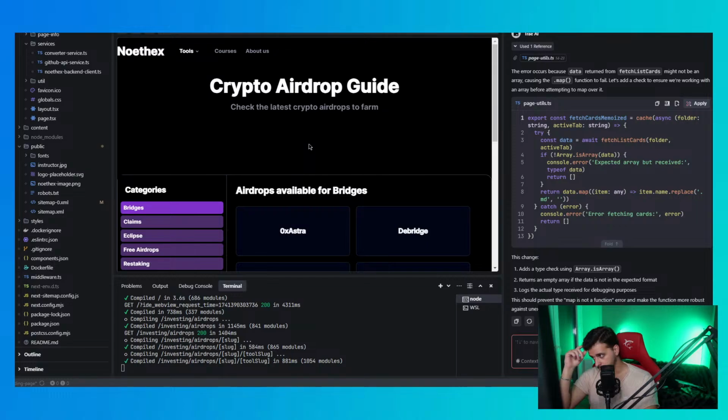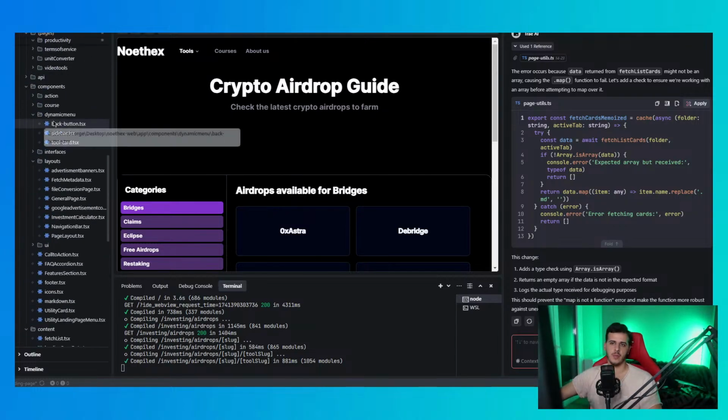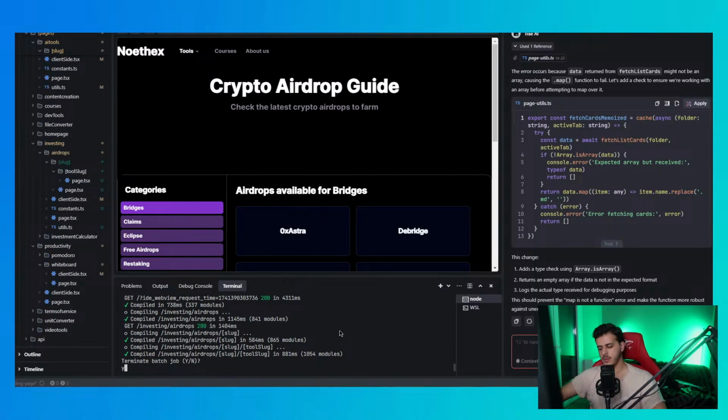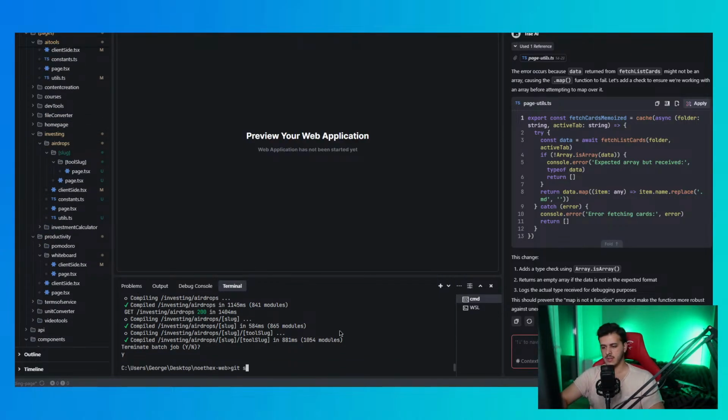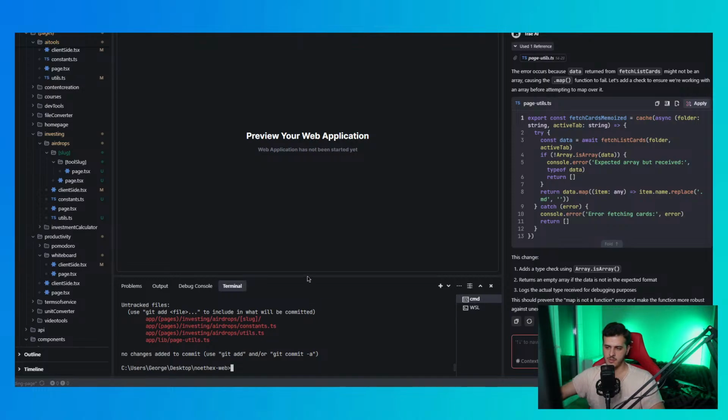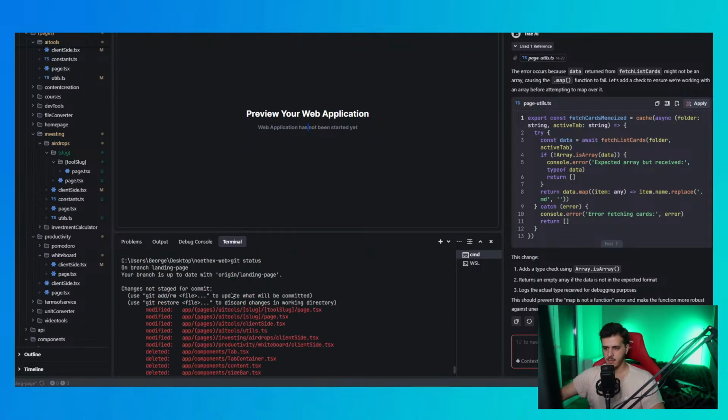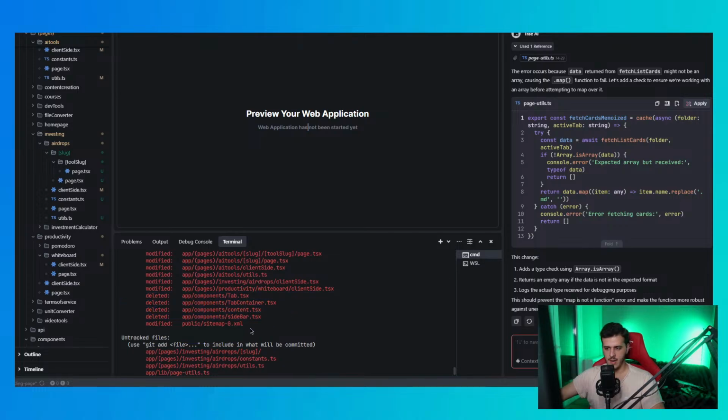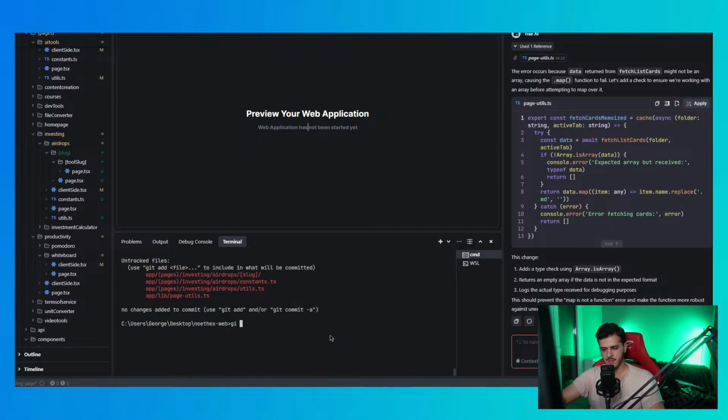Good. I like this. This is a nice result. So yeah, I'm going to count this as a win. So I'm going to close this window. I'm going to do git status. We got so many changes done. Like, let me show you. We got all of these changes, deleted files, modified files. It's insane. Git add, git commit,